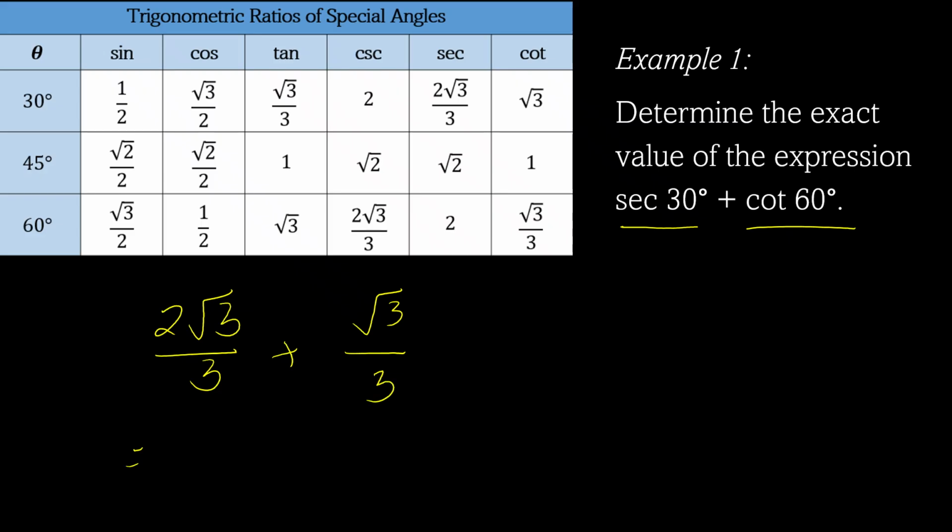So let us simplify it by combining like terms. They are similar fractions, parehong 3 ang denominator. So we only have to add the numerators. 2 square root of 3 plus square root of 3 is 3 square root of 3. Tama po ba? Kasi may 1 dito, diba? Pareho naman silang square root of 3. So copy lang yung square root of 3, then 2 plus 1, edi 3 square root of 3 over copy the denominator 3. Then we can cancel this out. So the final answer is square root of 3.